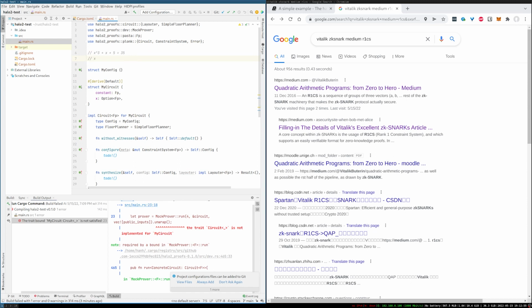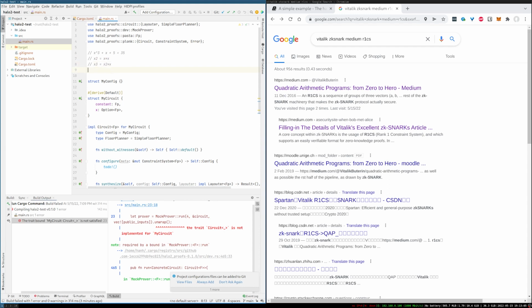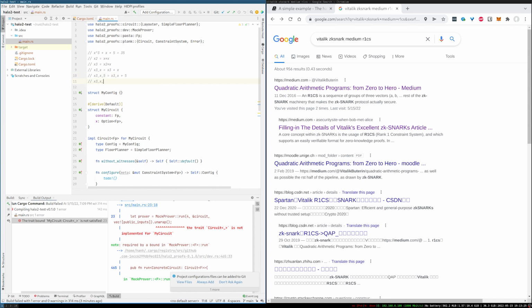First we have x, we do x times x, which gives us x2, and we do x2 times x, which gives us x3, x cubed. Then we have x cubed plus x, that gives us x3 plus x, then we add 5, which gives x3 plus x plus 5, and then we say that the last one should be